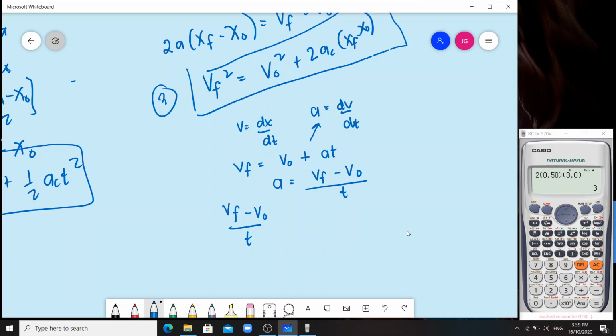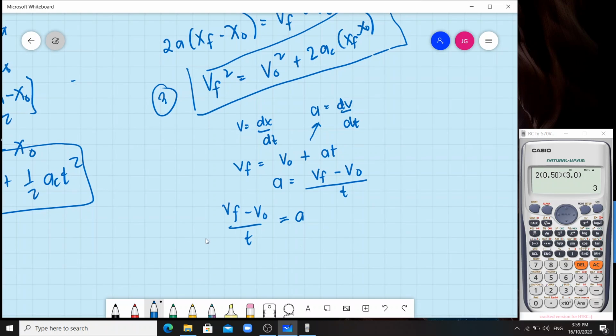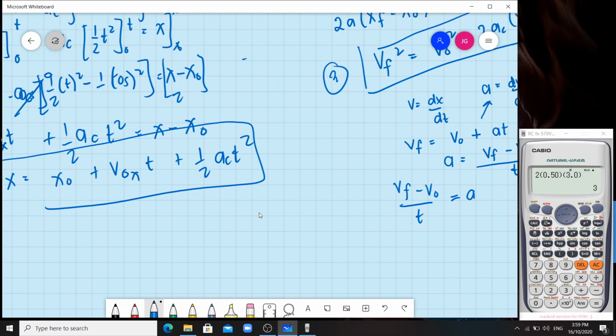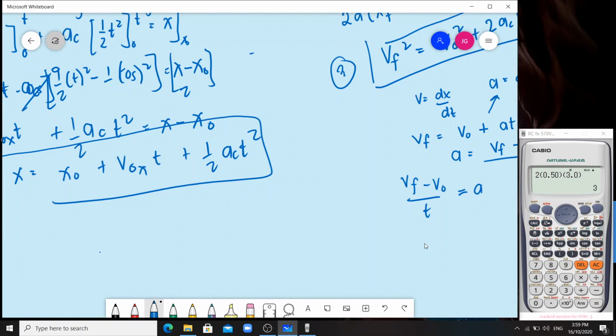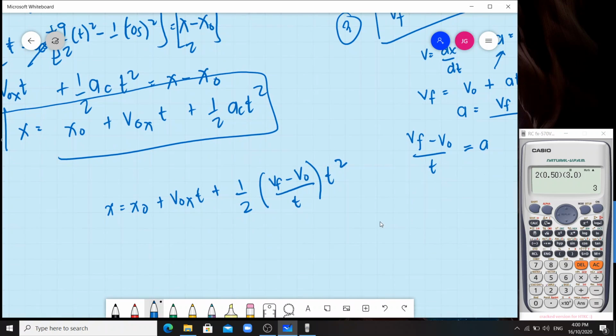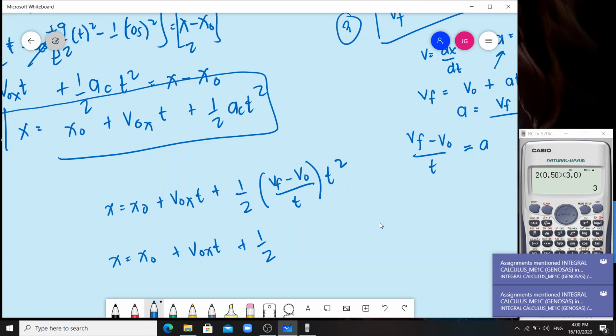Ito yung acceleration. Di ba may formula tayo dito? Pwede nating palitan yan. Magiging x is equals to x0 plus v0xt plus 1/2, then palitan natin ng vf minus v0 t squared. So, x is equals to x0 plus v0xt plus 1/2 magiging vf minus v0 t na